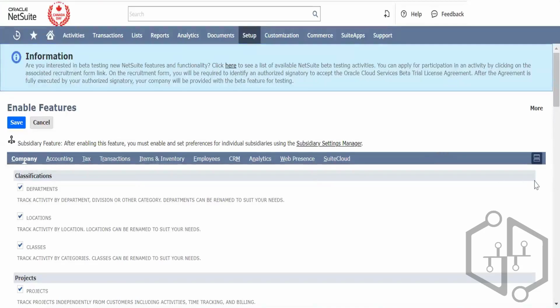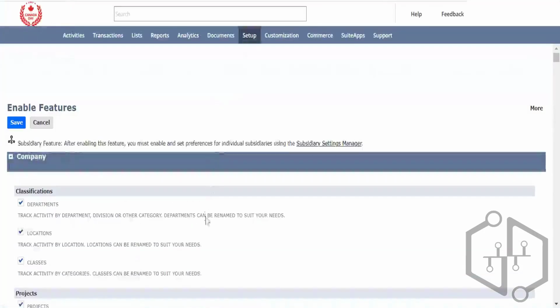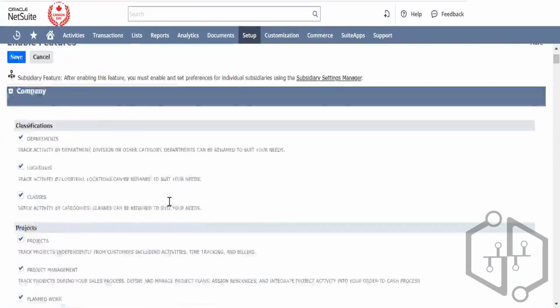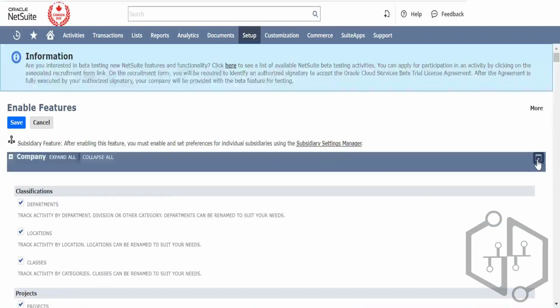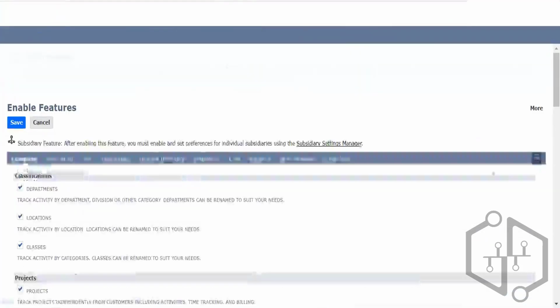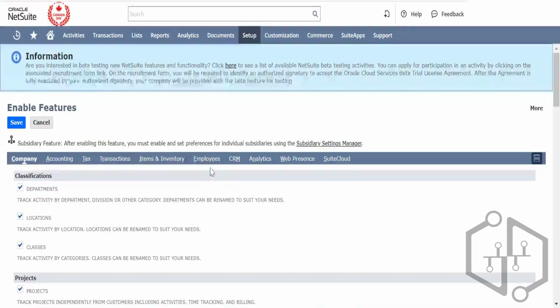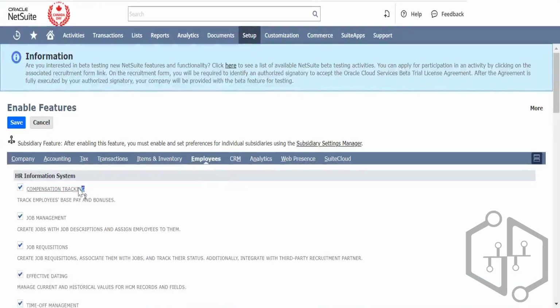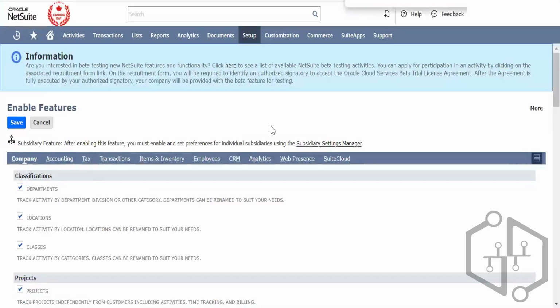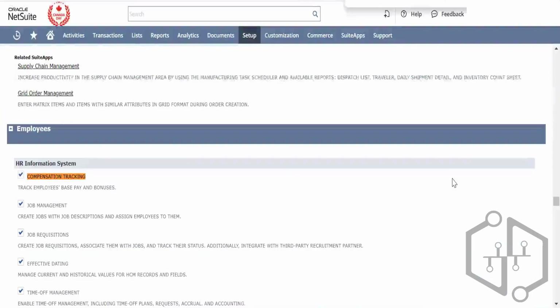So if you click on this, then it will go to the single page display, and this would actually be helpful if you are trying to search something. So what I mean to say is, if I collapse all, and if I have these in different tabs, I want to search something which I have in employees, let us say, right? So if I'm in the company tab and I try to search for that, I'm not going to find that. Okay, so what usually people do is just drop it down to one page, and then when you search for it, it will be visible,